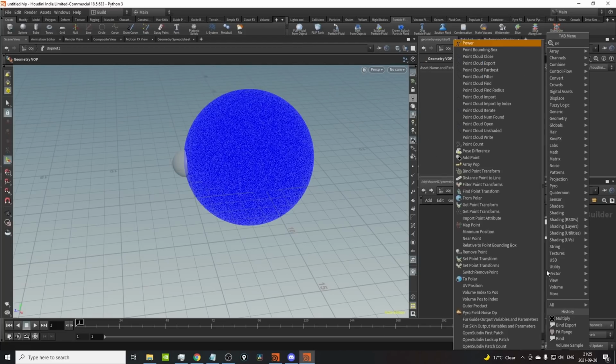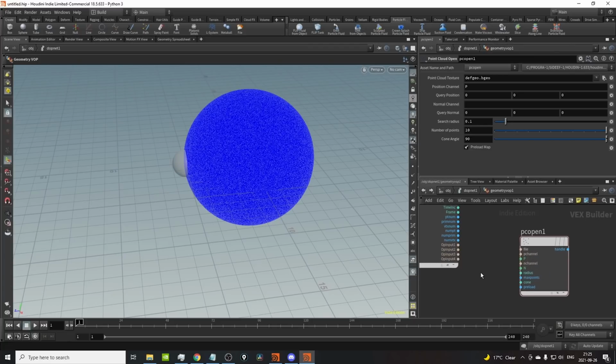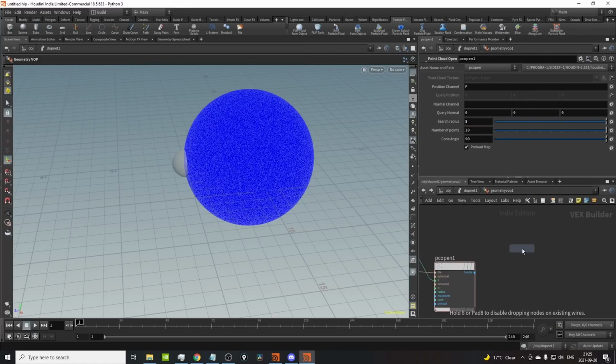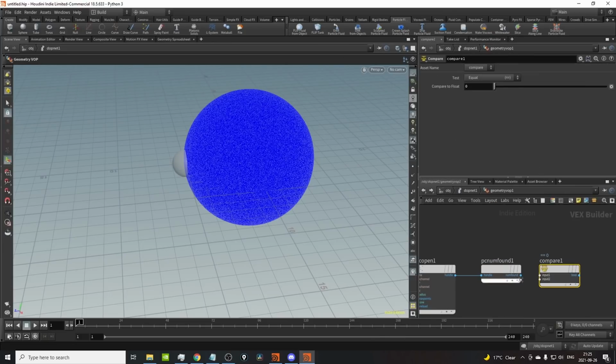We go inside, and now we use a point cloud open in order for us to manipulate and drive the divergence field. Right, so we're just going to sample our sphere position in a 10, and let's do 5 meter radius, and we're just going to check if we find a point there. And if the point,